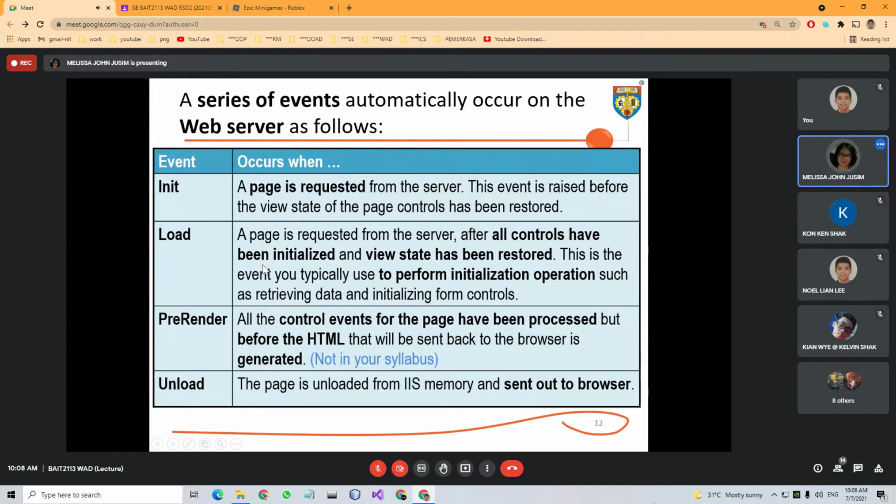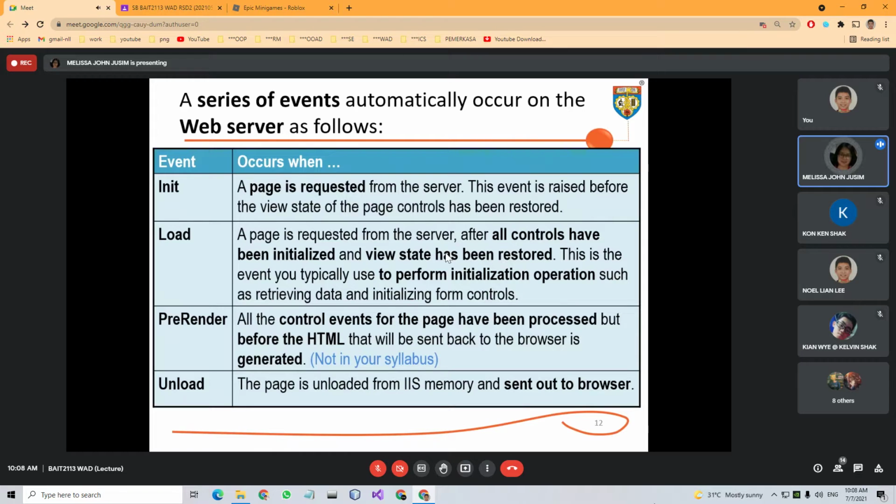So remember when you add in, say, a drop down list, you want to add items, everything will be ready, will be initialized, and view state has been restored, meaning the value from the original before the loading event happens.